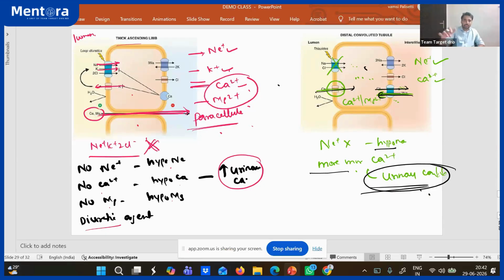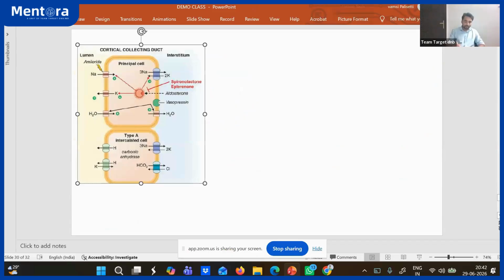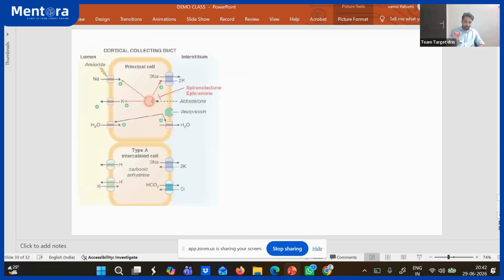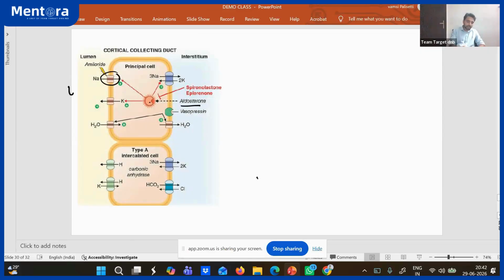Right? Okay. Then comes here, this is the other thing. This is a collecting duct. Here, this is your medullopodgate, aldosterone. This aldosterone acting on the receptor. And this is producing sodium absorption through what is called as ENaC channels, epithelial sodium channels.